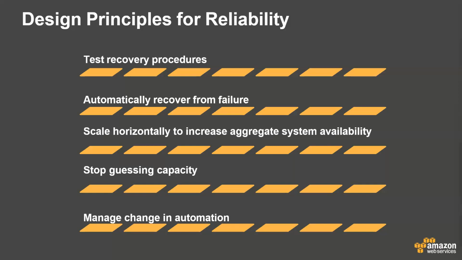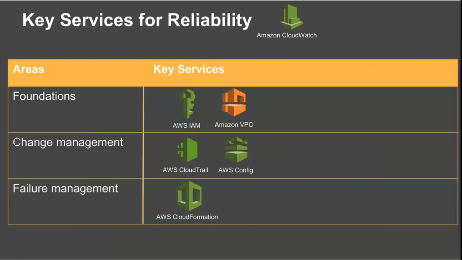So next, we're going to have a look at the necessary AWS services that are key when it comes to reliability. So areas we have foundation, we have change management, and we have failure management. So on the foundation level, definitely you're going to use AWS IAM for user identity and all that, and then Amazon VPC for